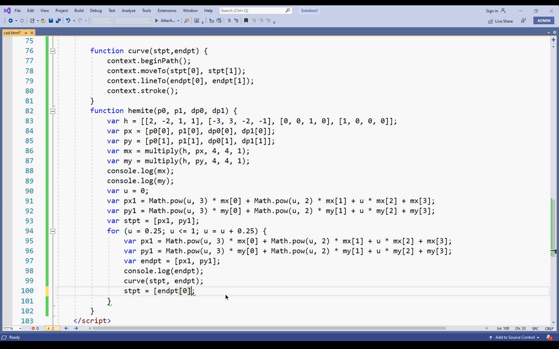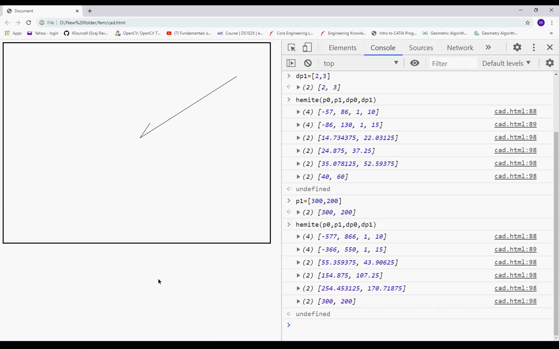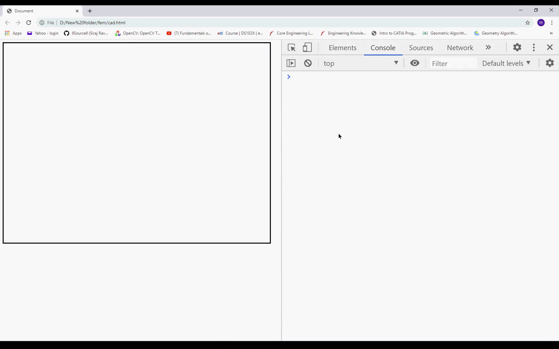So 0, comma, end point 1. So save it. Okay, I just reload and do it again.